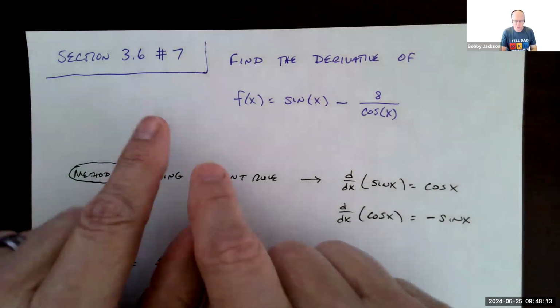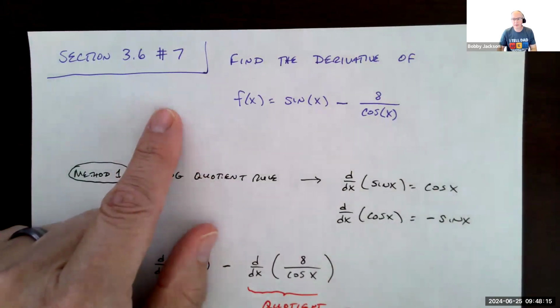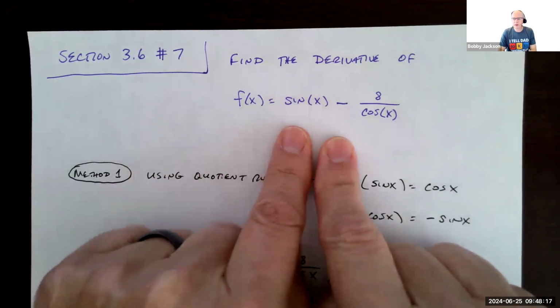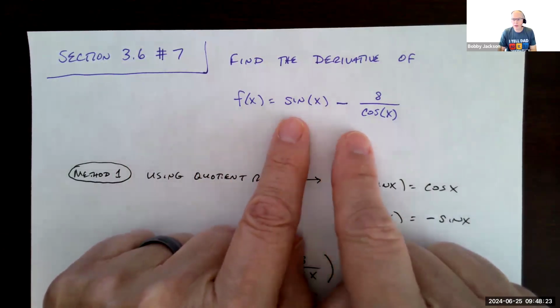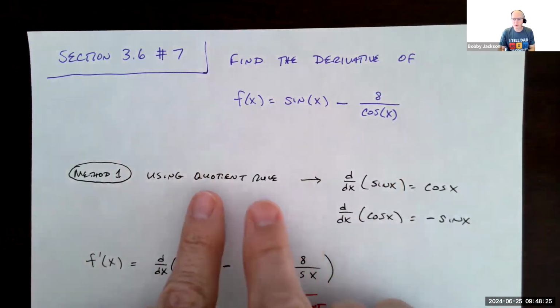So I'm going to look at number 7 in section 3.6. I'm going to find the derivative of this function here. I'm going to show this two ways, okay? First off is simply using the quotient rule